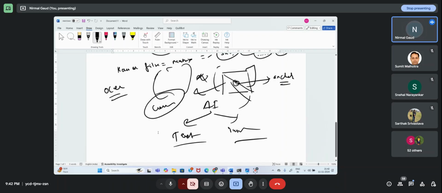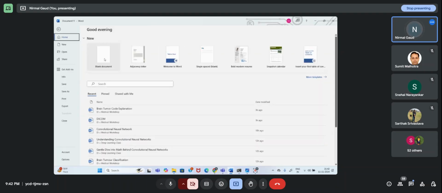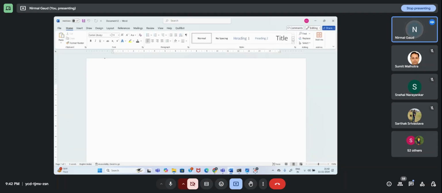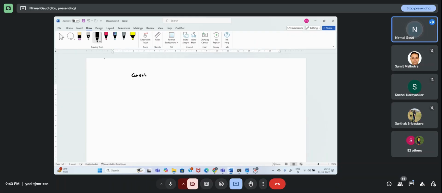Fine. And then, sir, do we take one kernel? It depends. If I want to perform convolution over an image, I will add a layer, Convolution 2D. I will write 64 or 32 or 16 or whatever, and then I will mention the size. 64 kernels, 64 filters I will be taking. These filters will be random filters.